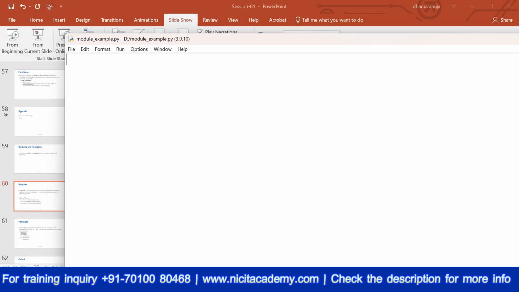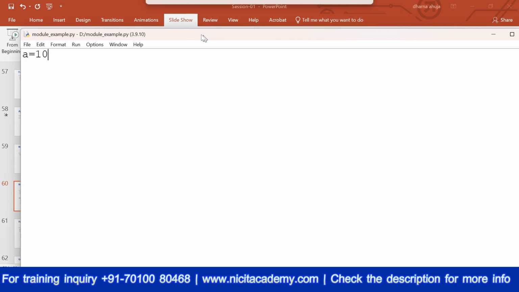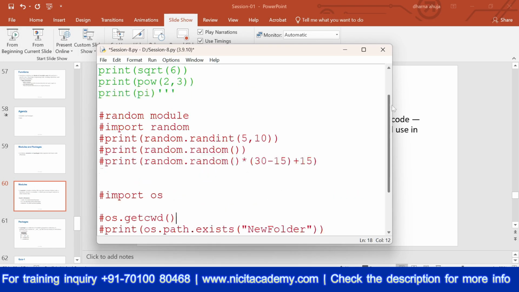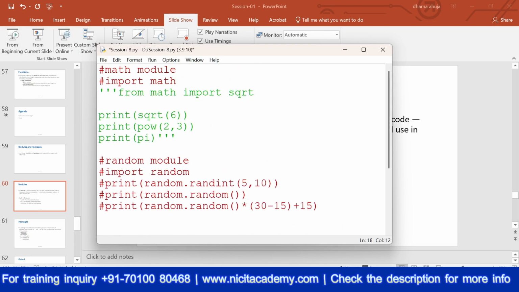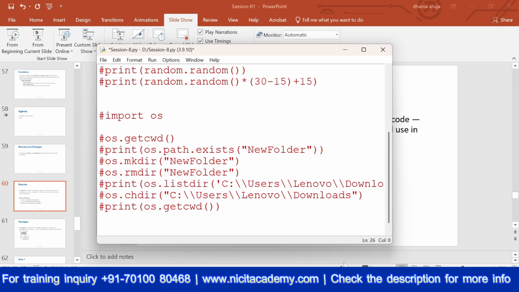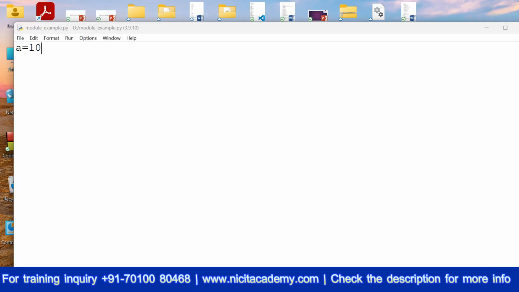Now let's suppose I have a variable a as 10 here. Okay, now this file itself is a module. Let's say I want to print this a in some other module, let's say here. So what will I do? I will have to import it. Now what will be the import here? The file name itself is the module name.